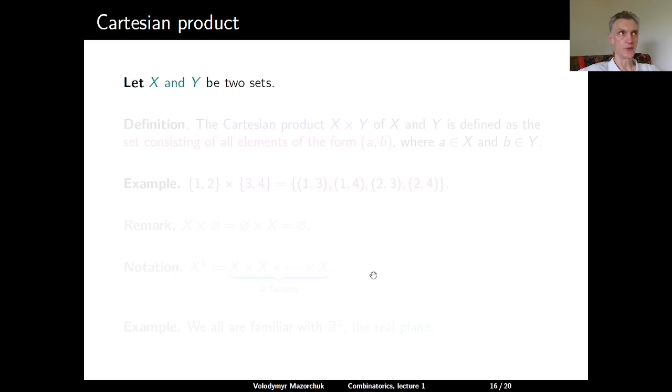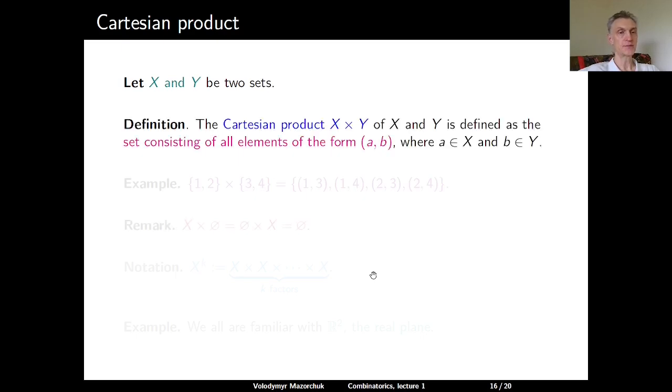So let X and Y be two sets. Definition: the Cartesian product X times Y of X and Y is defined as a set consisting of all elements of the form (a, b), where a is an element of X and b is an element of Y. And that we use these kind of brackets tells us that now we are concerned about the order of elements